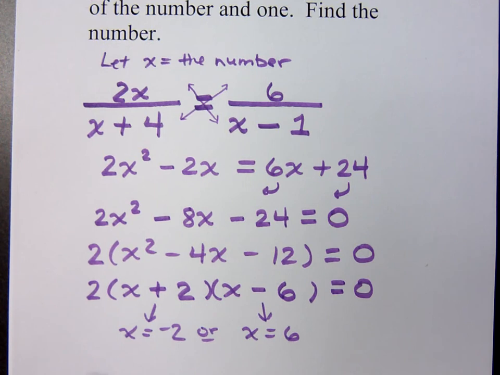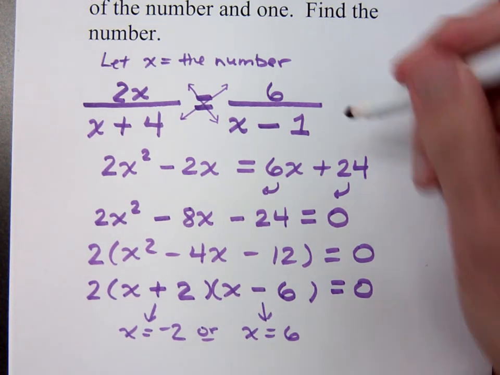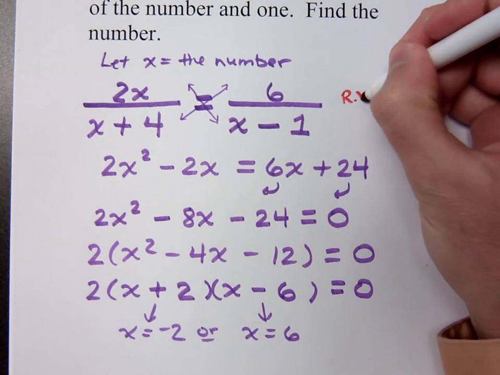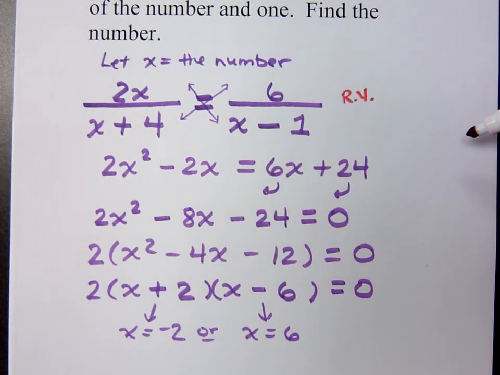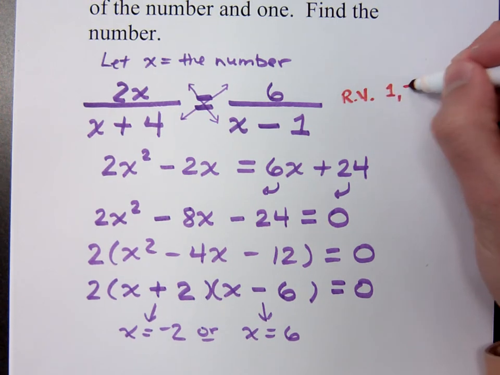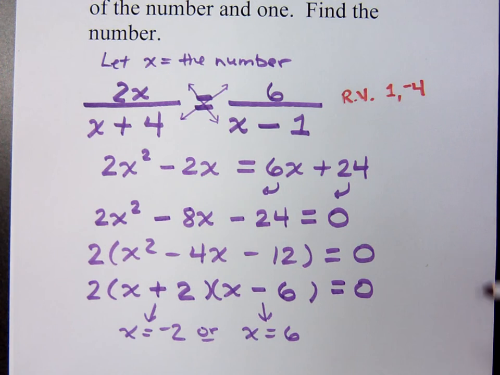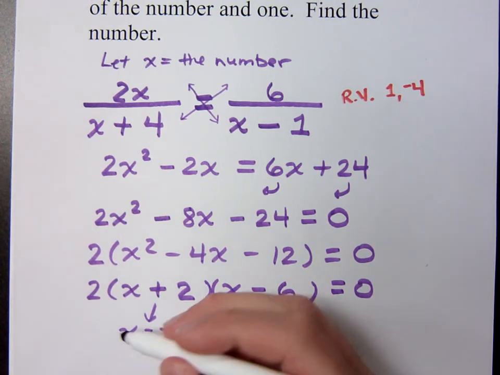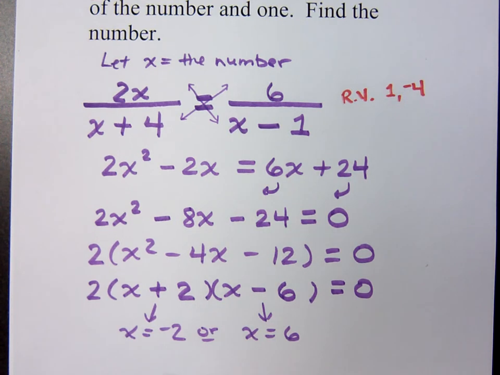No. And before I box these guys, I do want you to remember to check for your restricted values. What were my restricted values in the equation that I wrote? 1 and negative 4. These are the guys I had to avoid. Did I have either of those as a solution? No. So these guys should be okay, but I'm not going to box these. I want to answer the question. We need to find the numbers that satisfy the statement that we had in this problem. So we can just simply say that the numbers are